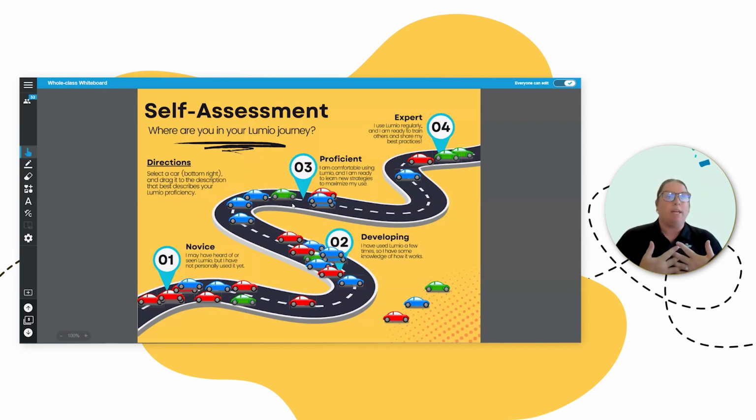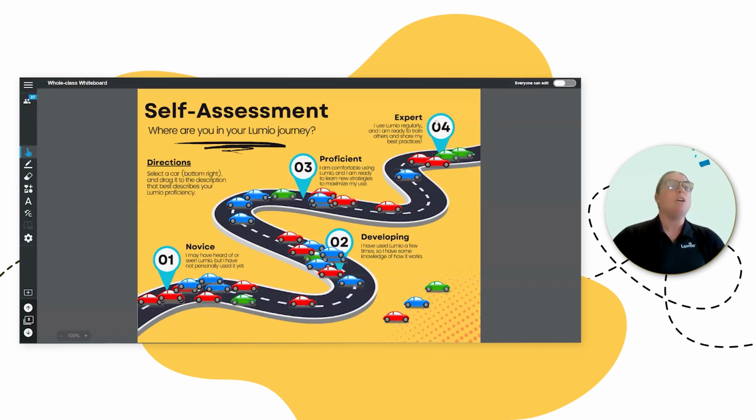As always, my goal is to make sure that you move down this roadmap a little bit. So it might be just a little bit further down from novice. I just hope that you get some more of an understanding after today's session. On a whole class whiteboard space, we are hoping that we get a little bit more management in the future, but as a teacher, I can turn off editing access in this swipe in the top right corner. I know upper elementary is going to get crazy quickly, so you might have to reestablish expectations. Hey, boys and girls, remember, we are pulling one car out on this whole class whiteboard.